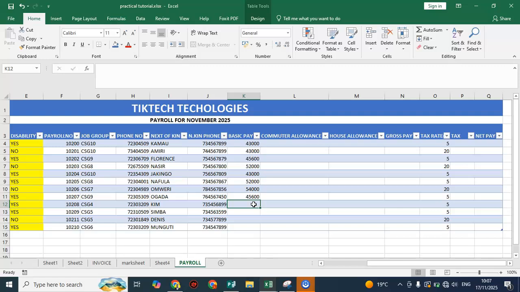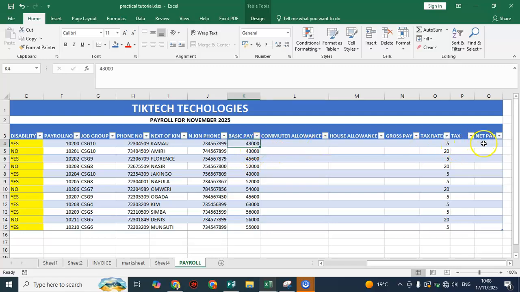At C4, that will be 63,000. Then at 5, that is around maybe 56,000. And then this is around 55,000. Okay, so those are the values you've entered here,